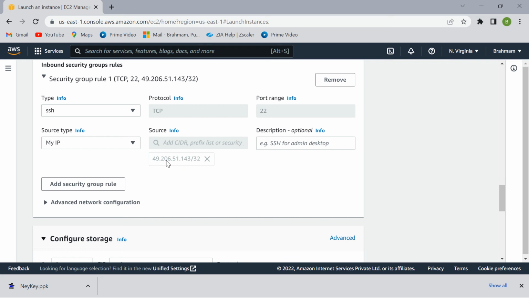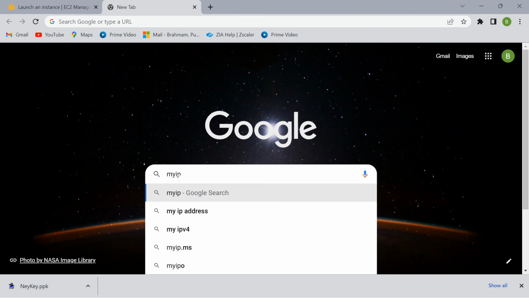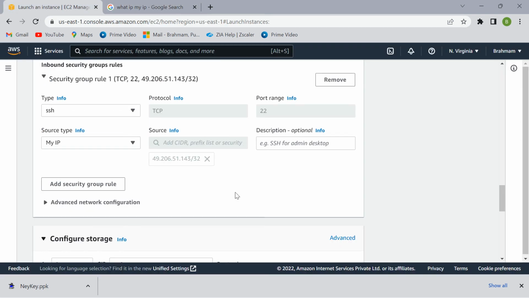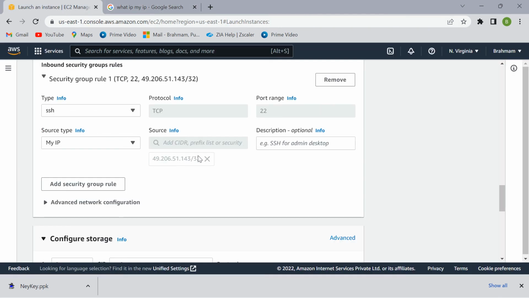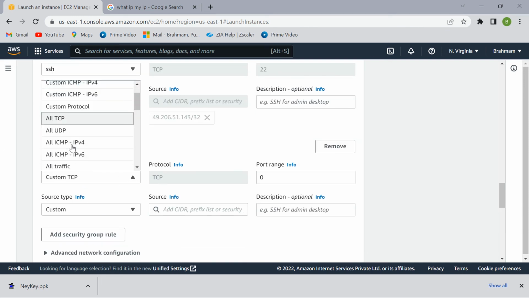For example, if you don't know, if you would like to mention a custom IP, you can mention it. So like this, if you enter My IP, so what is my IP? It shows your public IP here. So the same one is already reflected, so no need to manually enter. So it is done, and I'm going to add one more security rule to allow this HTTP traffic